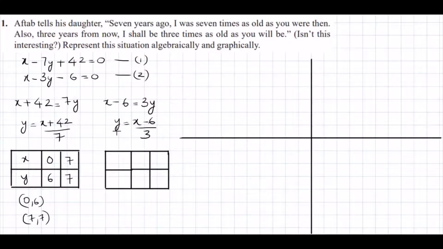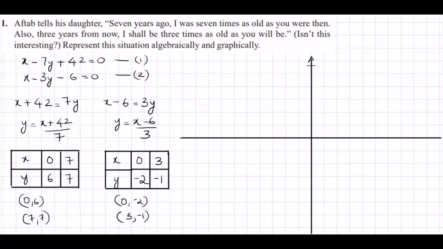That is 3y equal to x minus 6, so y equals (x minus 6) by 3. Now, in a similar way, take x and y. When x is 0, you get minus 6 by 3, that is minus 2. And when x is 3, you get (3 minus 6) by 3, that is minus 3 by 3, that is equal to minus 1. So when x is 3, y is minus 1. So (0, minus 2) and (3, minus 1) are the two solutions that I have taken for this x and y. Now we have to plot in the graph.